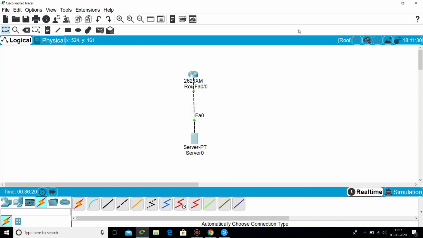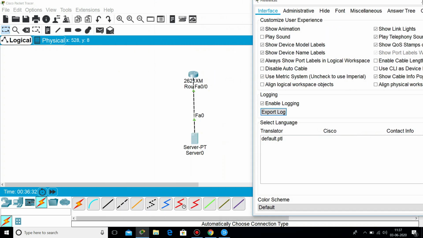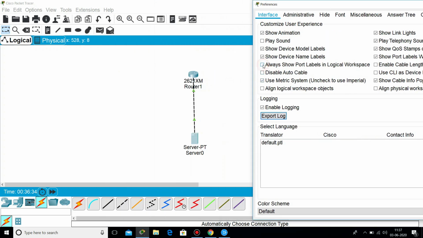Guys, if you are not able to see these interfaces, don't worry, simply go to options, preferences. Here you can see this one, that is always show ports label in logical workspace. If I disable this, then I am not able to see interfaces. So guys, I suggest to enable this, then you are able to see these interfaces.